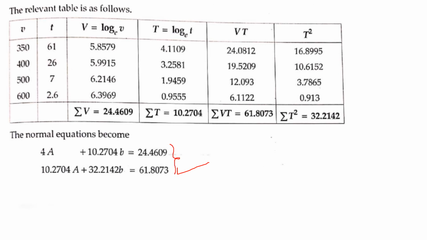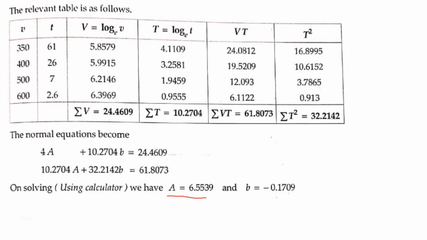Using the scientific calculator, we get the values of capital A and small b. The value of capital A and small b will be given as, so this is the value of capital A and this is the value of small b. But we want the value of small a. So small a is equal to e to the power capital A value. We know that. Let us find out the small a value now. Capital A is equal to log a to the base e, we know. Therefore, small a is equal to e to the power capital A, whose value is this.